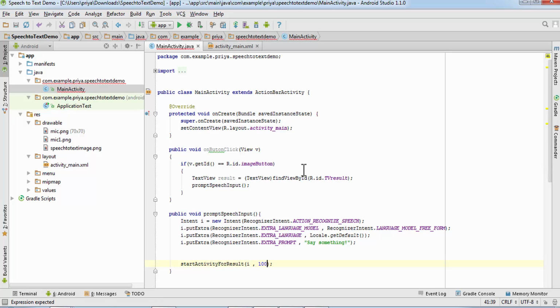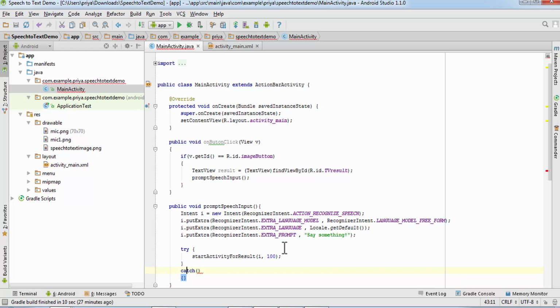I'm going to put 100 here for the request code, and it might throw some exceptions. So to catch that exception we are going to use try catch. So write try and surround this statement with the try, and after that write catch like this.